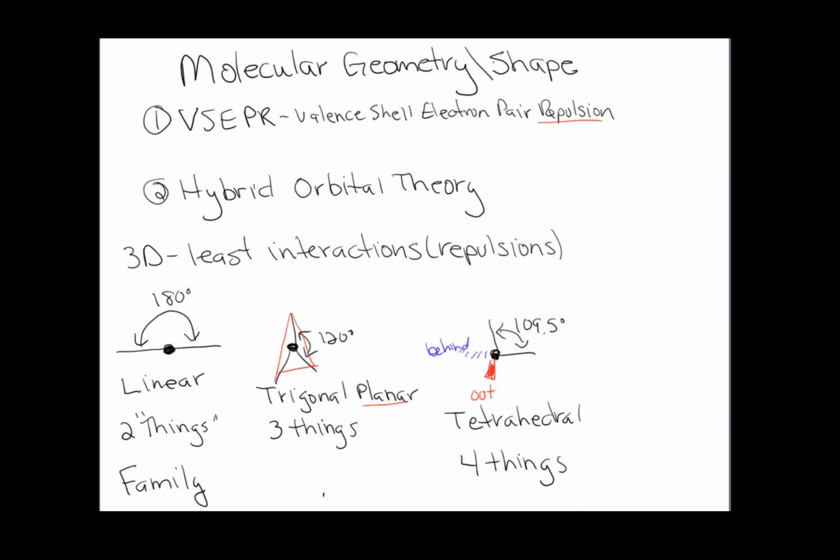And I'm going to clear this page so that I can do the last two. Alright, so I had 4 things before, now I'm going to put 5. Now I'm really going to start crowding, and we're going to break it up into locations. So I am going to have this vertical location, what I like to call the axis, and since there's 2 of them, the axes. And then I have to put some around it in the equator or the skirt. Okay, I just like to use the term skirt, it's very visual. Alright, I'm going to dash that back, and I'm going to give 2 wedges here,